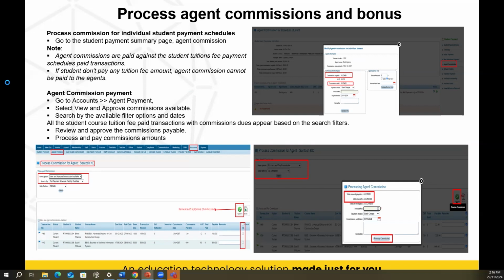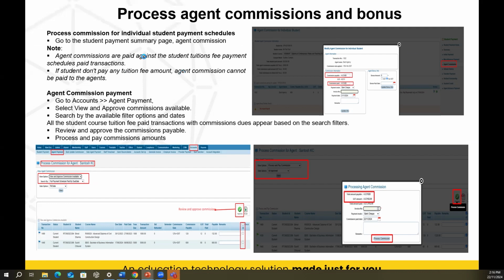As per the agency agreement, the commission rates applicable, you may have a business process to pay the agent commissions for every term, or maybe monthly or every 2 months, something like that. You may have your own business process to follow in terms of paying agent commissions. So coming to RTOManager, how do you record this agent commission payment information or bonus payment information in RTOManager? We're going to look at the series of steps that you need to perform